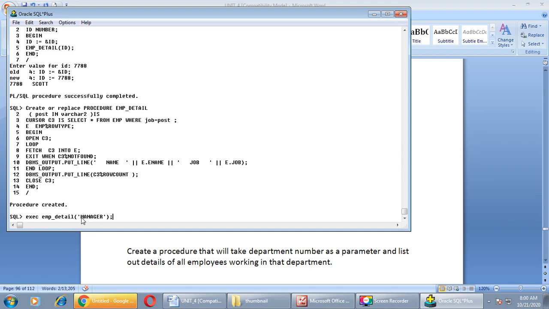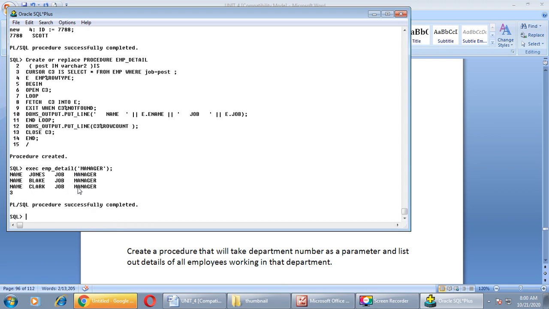As you can observe, I am going to pass a manager string that I have enclosed in single quotation marks. Whenever you deal with the string data type, you have to enclose the term in single quotation marks. Keep this in your mind. We got the output on the screen. Three records we got as an output, right?